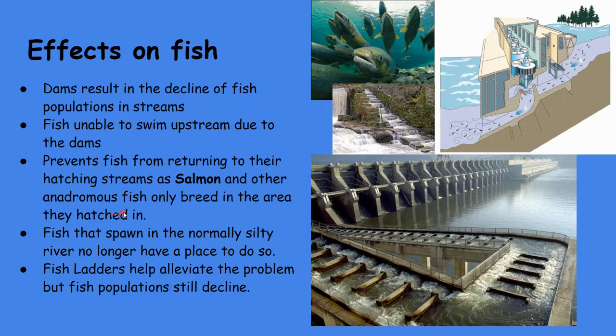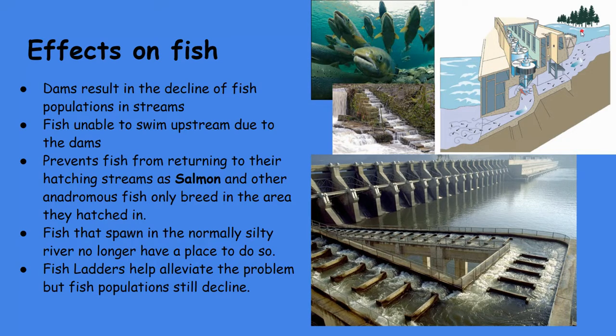Salmon and other anadromous fish only breed in the area that they're hatched in. So salmon are born in freshwater. But when they grow up and they're going to eat and live their life, they go to saltwater areas, the oceans. But then when they want to lay their eggs again, they go back to freshwater. So the problem is if you're building a dam, then they're unable to